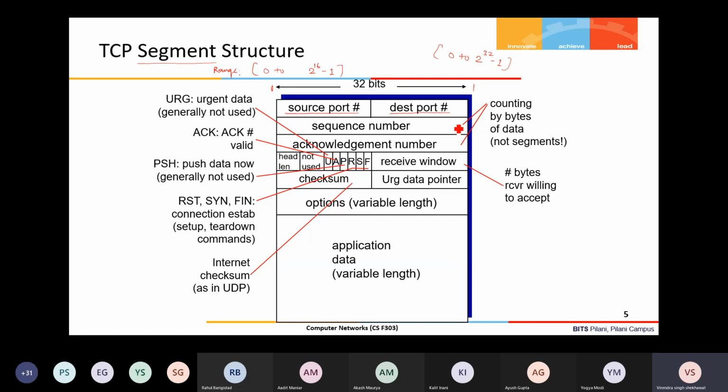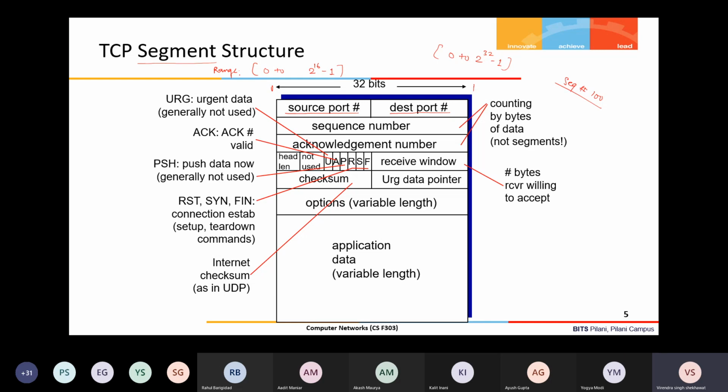For example, for a given segment, the sequence number is 100. This indicates that this segment's starting byte sequence number is 100, meaning byte number 100 will be sent. Now, how many bytes are there?